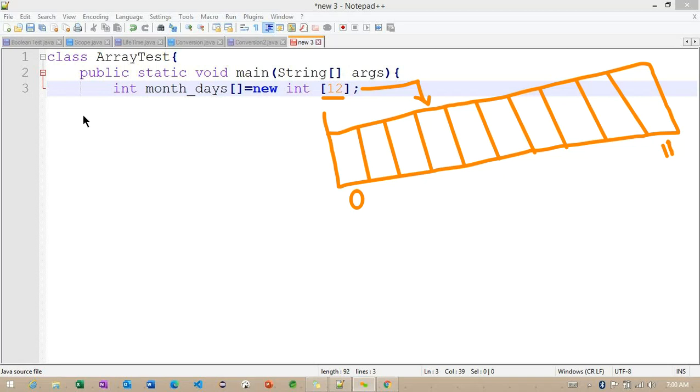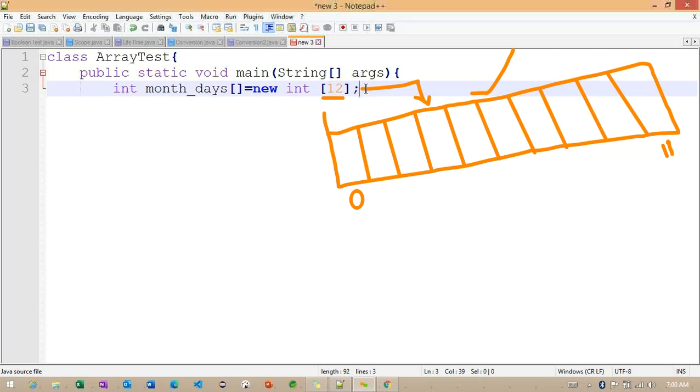We need to understand, after creating this size, how we can insert values. Because whenever we create this size, an empty array is created, but we need to initialize some values. So how are we going to initialize these values? To initialize them, we need to use this variable.